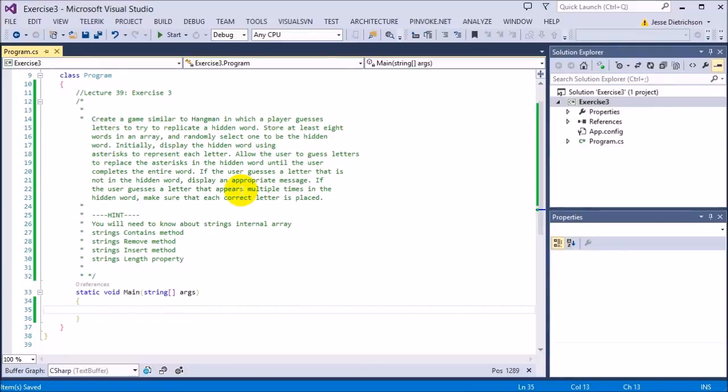Allow the user to guess letters to replace the asterisks in the hidden word until the user completes the entire word. If the user guesses a letter that is not in the hidden word, display an appropriate message. If the user guesses a letter that appears multiple times in the hidden word, make sure that each correct letter is placed. So I went on and added some hints that you actually need if you're going to do it